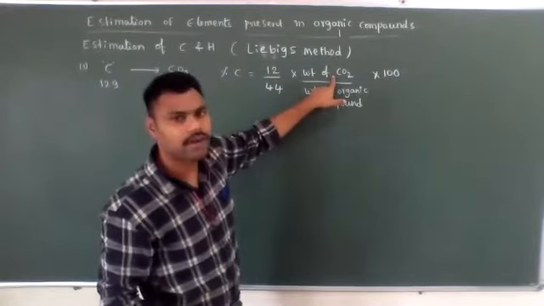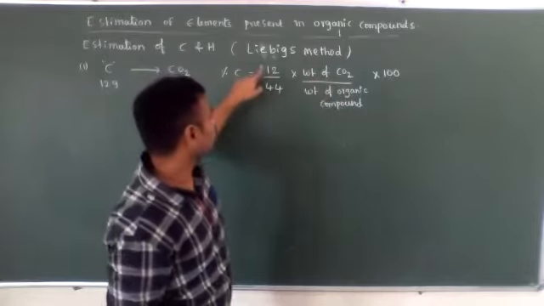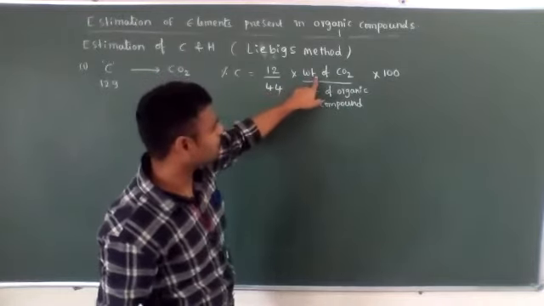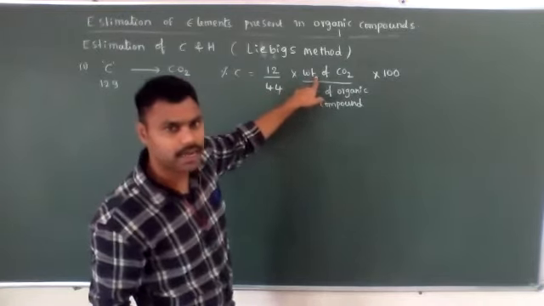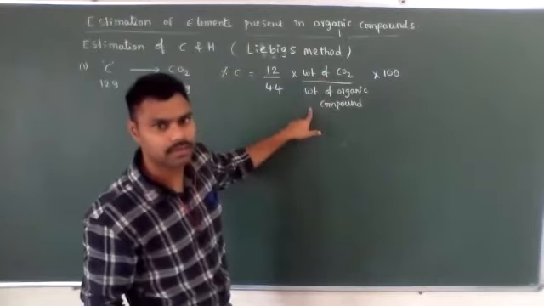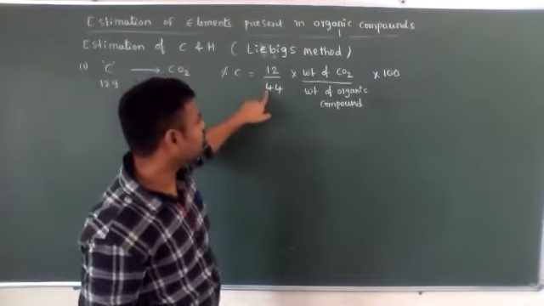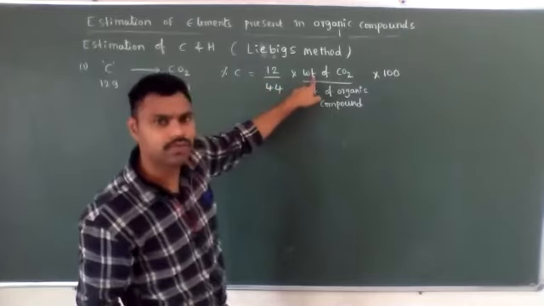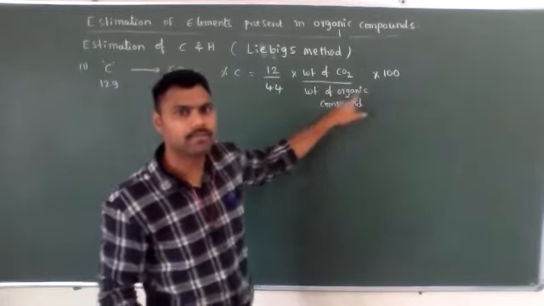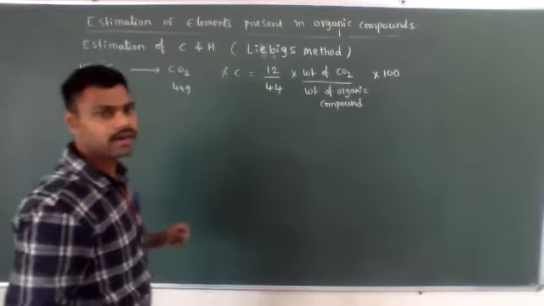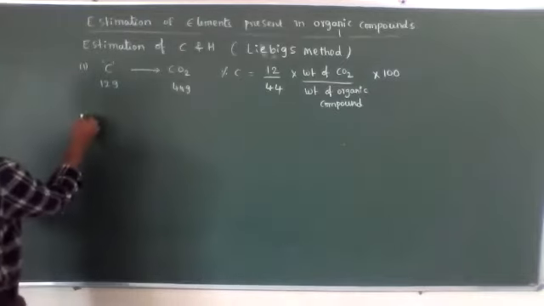From the weight of carbon dioxide. Means 12 by 44 into weight of carbon dioxide. That carbon dioxide is formed from the organic compound. That's why 12 by 44 into weight of CO2 formed by weight of organic compound into 100. The next,